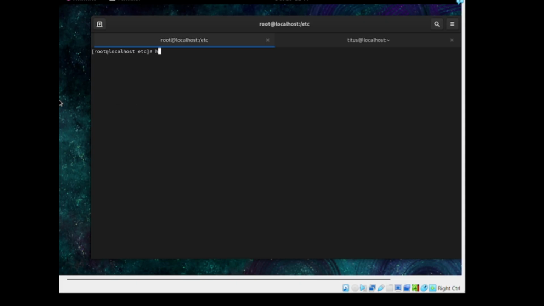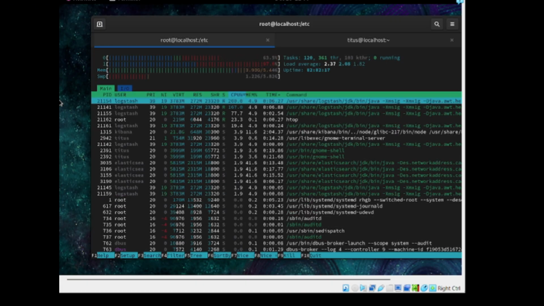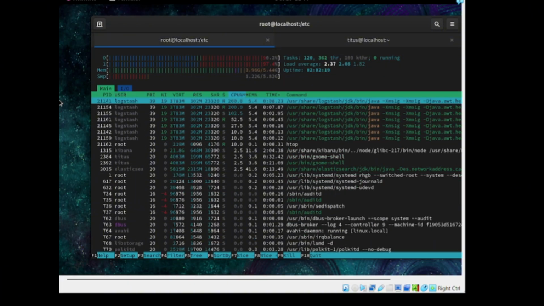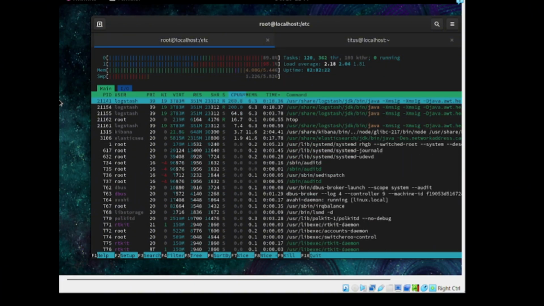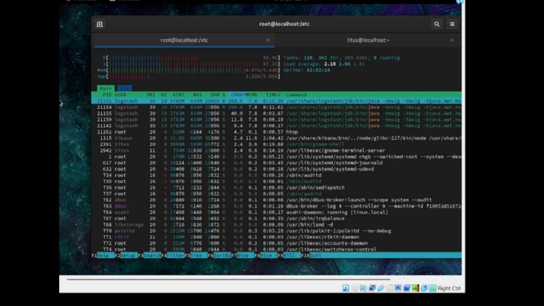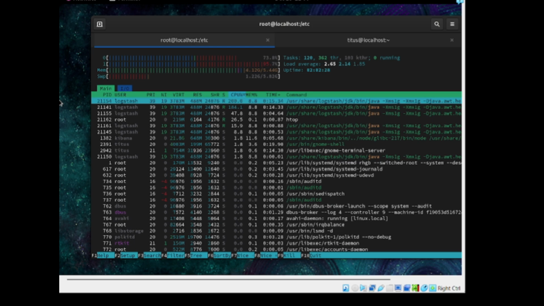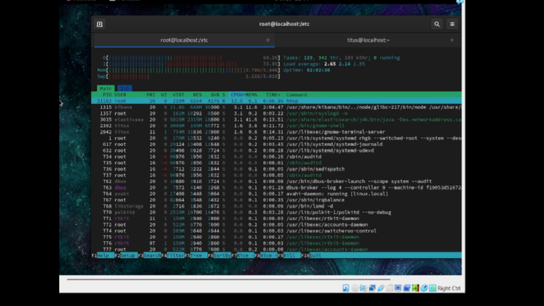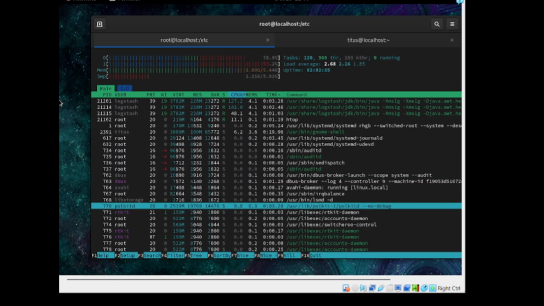All right, let's clear the screen first and move on to the htop command. So you can see everything just popped up on my screen. The htop command is advanced usage for the top command. It's basically a more colorful version of the top command, which is still interactive. And you can kind of see here, of course, we can go to a process